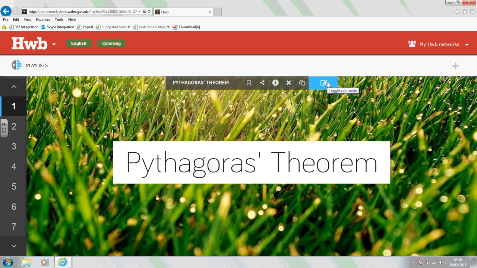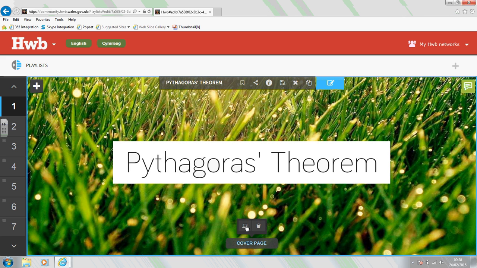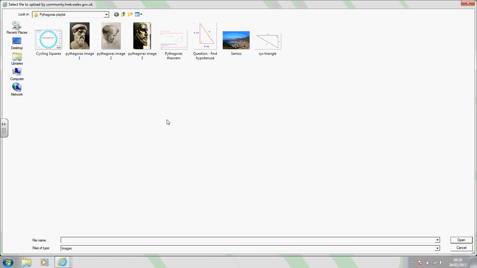Now the editing button is in the top right hand corner, and if you click on the editing button, you'll see that there are some changes that happen to the page. So the first thing that happens on my cover page, and every playlist will start with a cover page, if you click on the cover page, what you can then do is you can add your own image to this particular page. If I click on the little computer icon at the bottom of the screen,